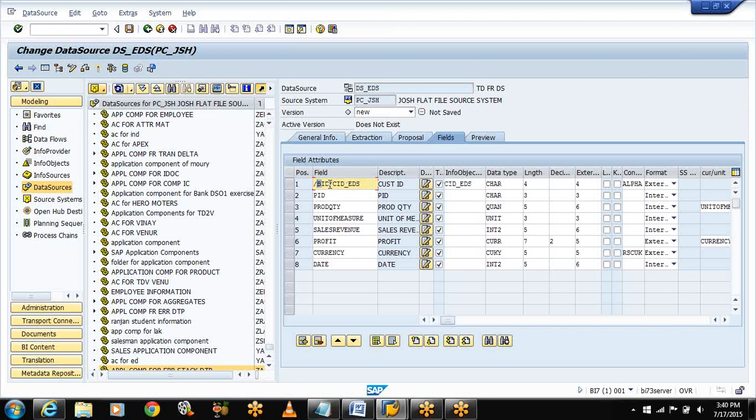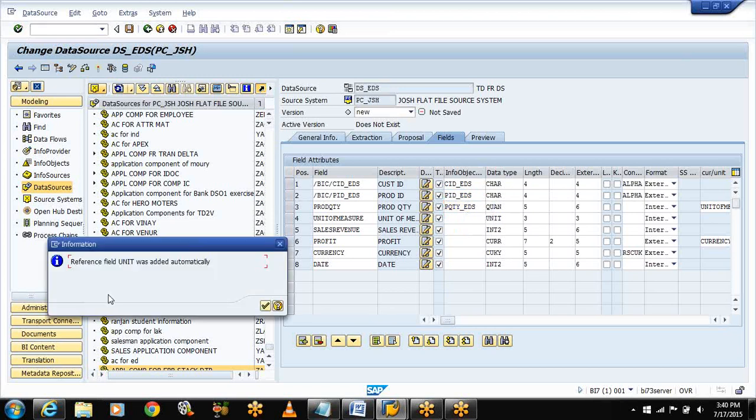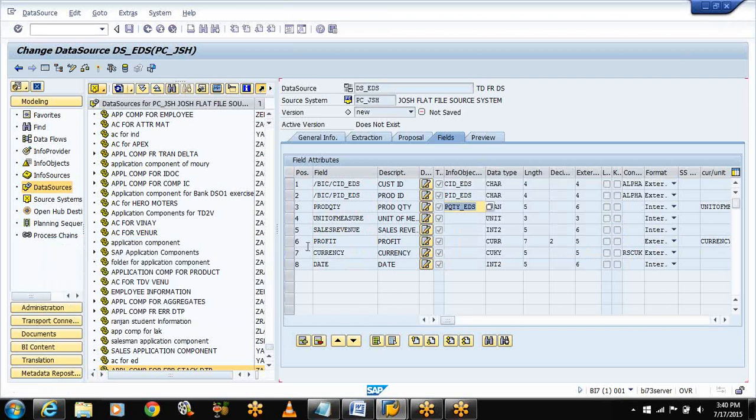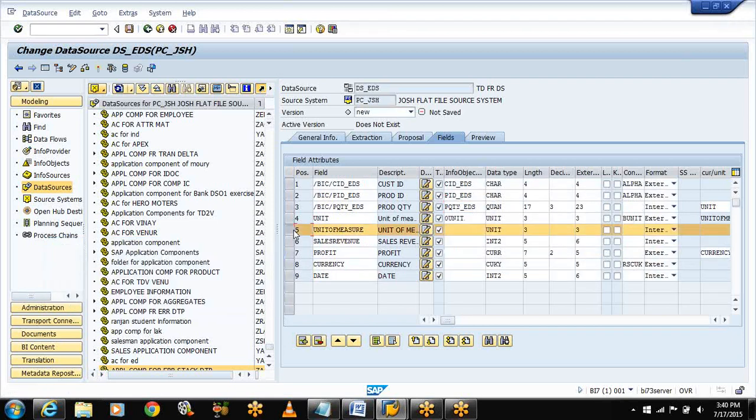BI is business intelligence. C is customer. Now PID_EDS. PQTY_EDS. Reference field unit was added automatically. Okay, I had one more reference unit field, so I'm deleting one unit.